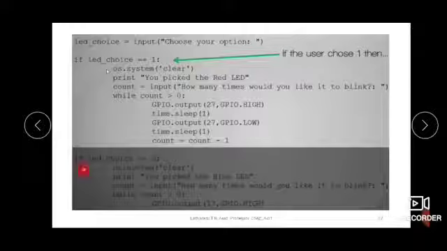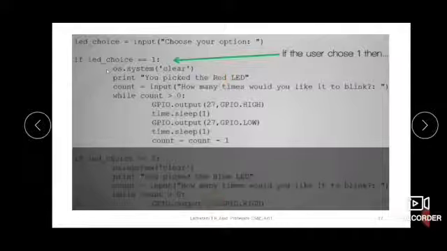So similarly here you can see if LED choice is 2, that means the blue LED, then clear the screen, then you pick the blue LED, that statement will be printed, and how many times you would like the LED to blink, that will be accepted and stored in count variable. And in the while loop, count greater than 0, this 17th pin, here we have taken 27 pin because we are taking the red LED.